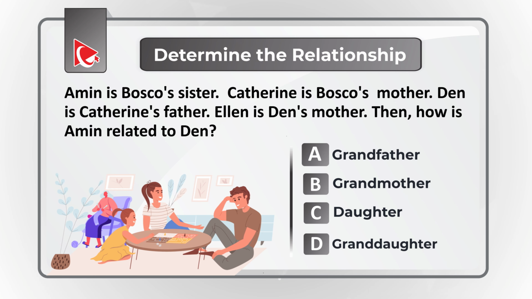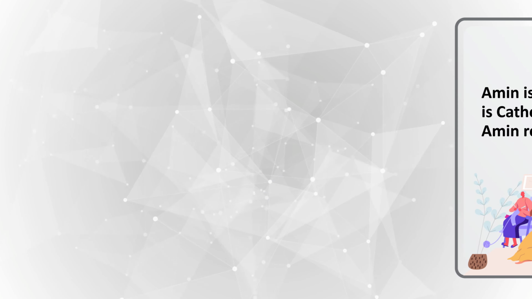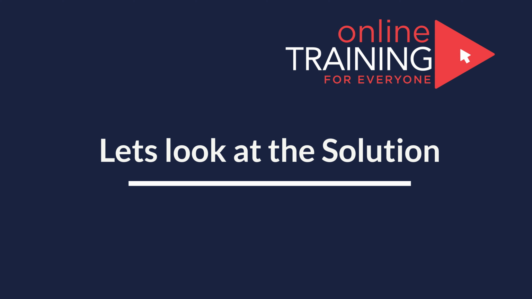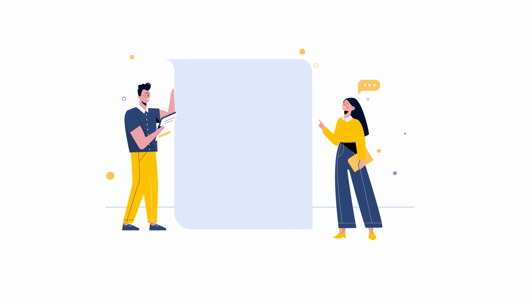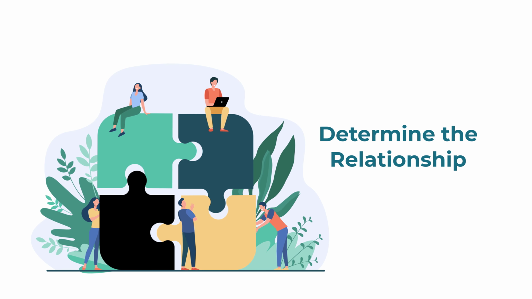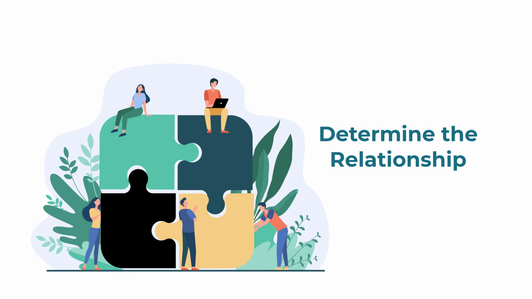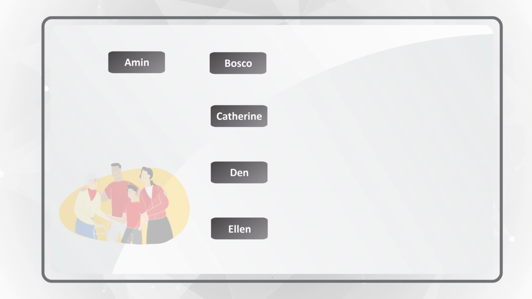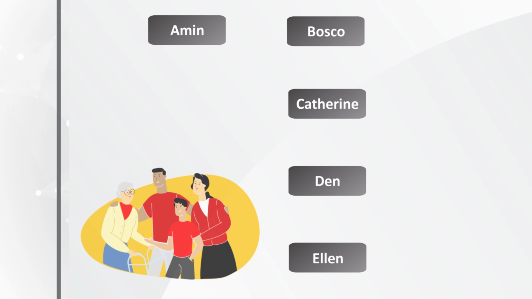Give yourself a little bit of time to see if you can navigate in this puzzle and get to the correct solution. Ready or not, I am going to move forward, reveal the answer to you, and explain how I got to the solution. And as usual, if you have a better way to solve it, please make sure to share in comments. The easiest way to determine this multi-generational relationship in the family is to build a diagram. Let's do it one step at a time.